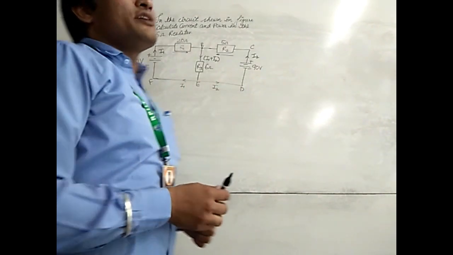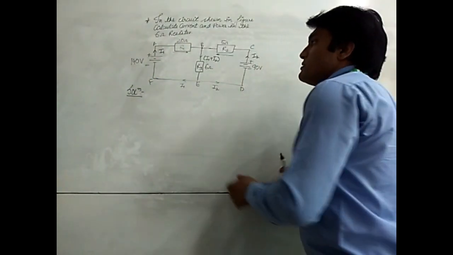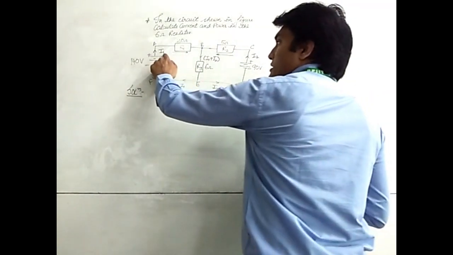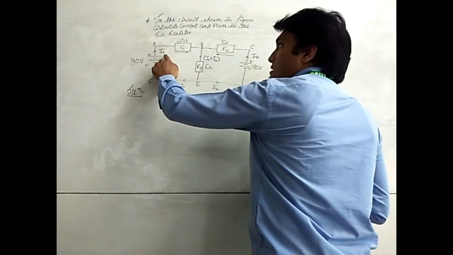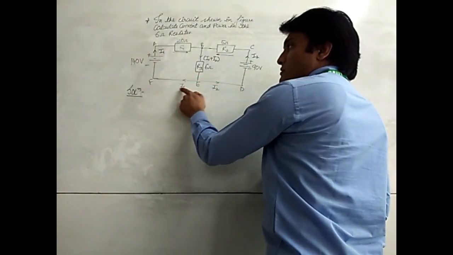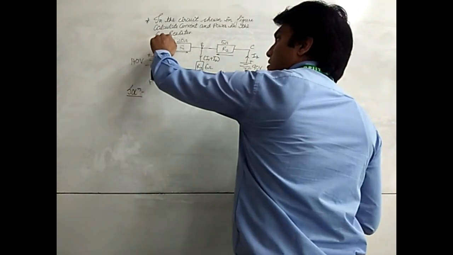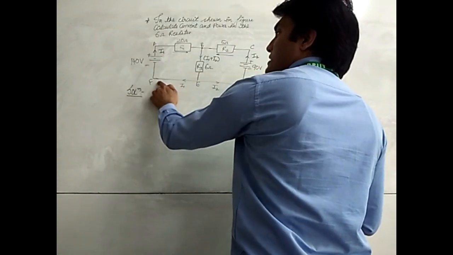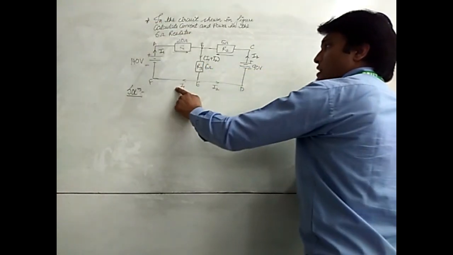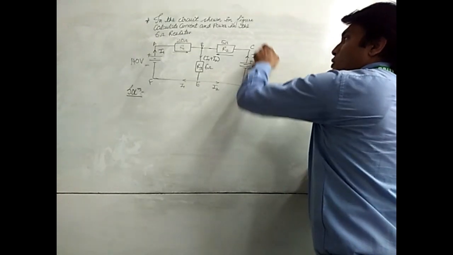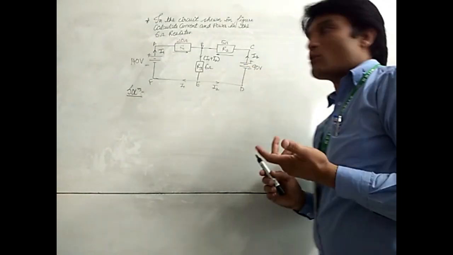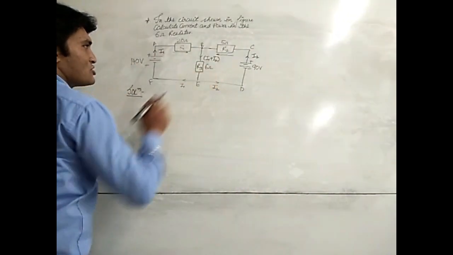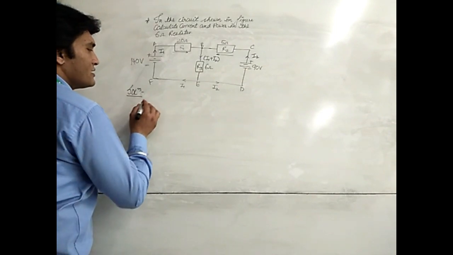So here our Kirchhoff's current law is also proved, because what is Kirchhoff's current law? The incoming current is equal to the outgoing current. Total current is leaving the positive terminal of the battery, and I1 enters again here. So the incoming current is equal to the outgoing current. Now the solution: firstly, we will mark the direction of current on each branch of the network.